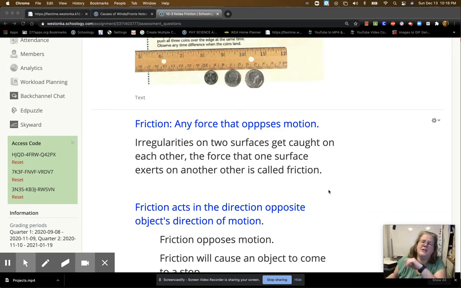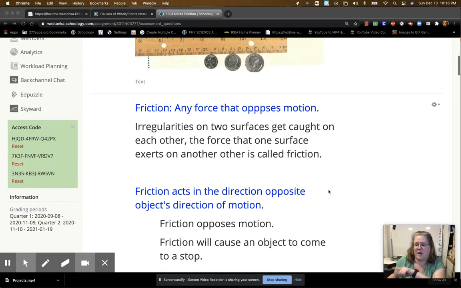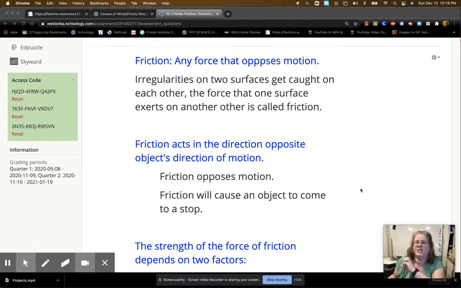So friction acts in the opposite direction of the object's motion. So friction opposes motion. If I apply a force this way, forward, then my frictional force is backwards. So friction will cause an object to come to a stop. If you're an ice skater, you know this. If you're a hockey player, you don't have toe picks, or if you're a figure skater, you're cooler at skating than I ever was, you literally jump to your side and use the side of your blades to create more surface area, more friction